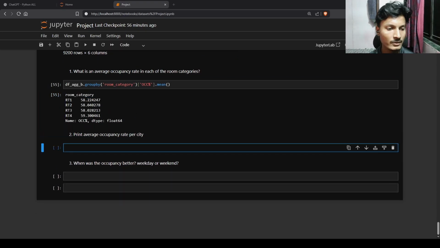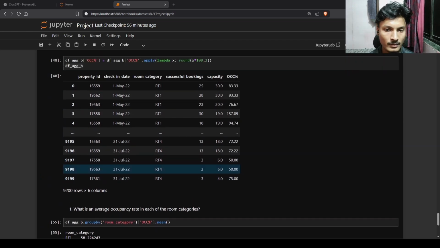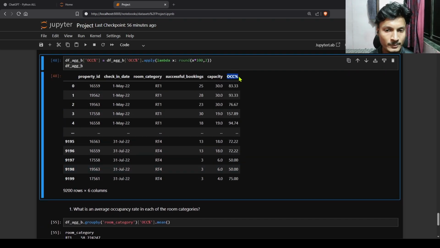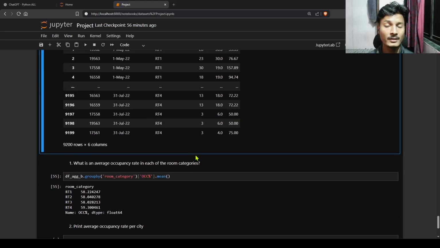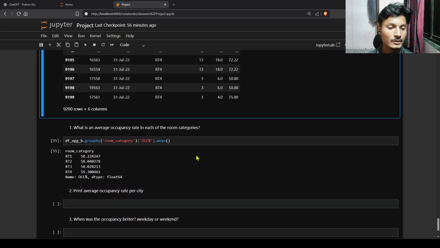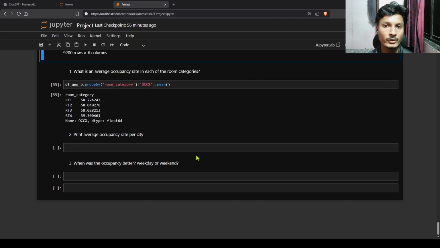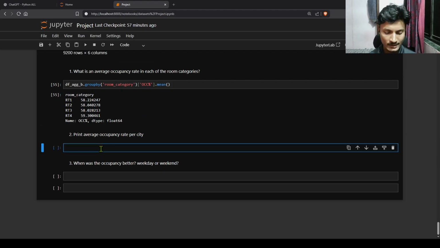Now let's solve the second question here. Print the average occupancy rate per city. But as we can see, the occupancy rate table doesn't have the city column. But the city column is present in the df_hotel sheet. So what we can do is use a join here. It is similar to an SQL join. So Pandas has this option called